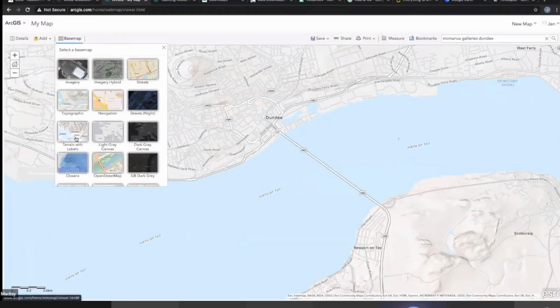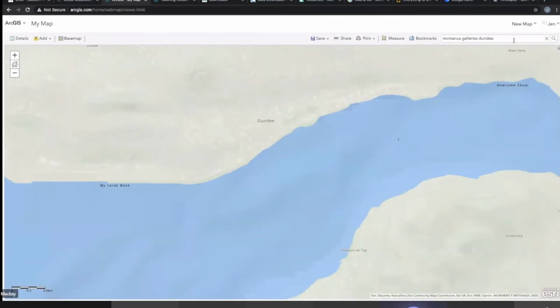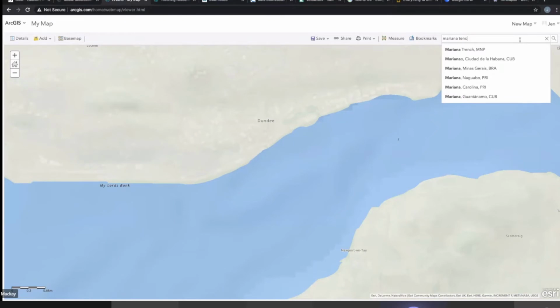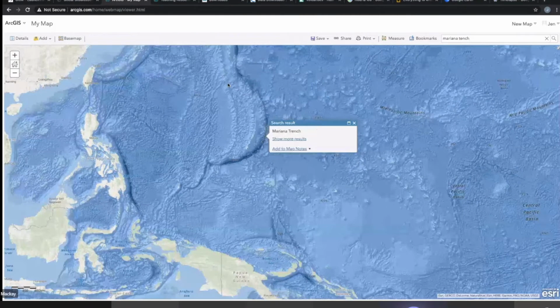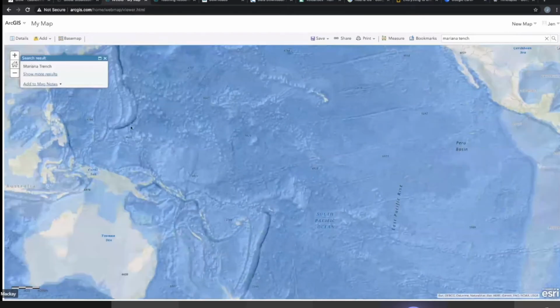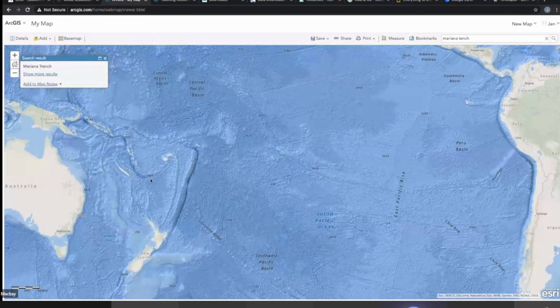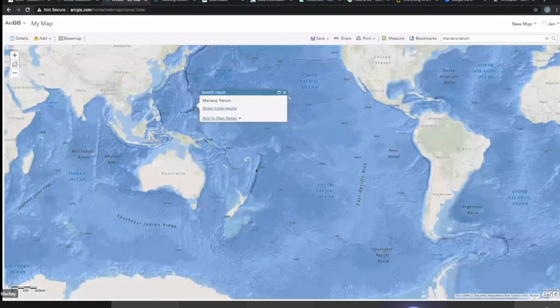research around that. I can also switch out to ocean view, and I really like this. So up here in the search bar, I'm going to change to the Mariana Trench. So we're going to go out. So the Mariana Trench is the deepest trench in the oceans. And my class obviously can't go there, but we can look at the map, we can tour where it is, so we can zoom in and out and we can go locally. And then we can, oops, my mouse is having a little bit of a hissy fit. We can have a little look and we can find it on there, and we can see that we've got